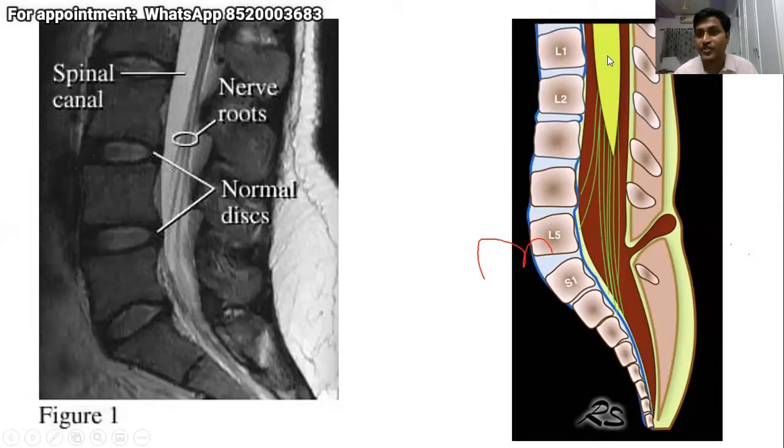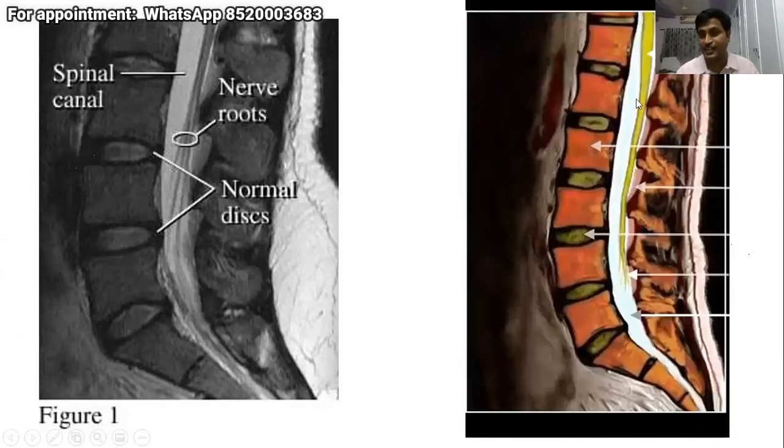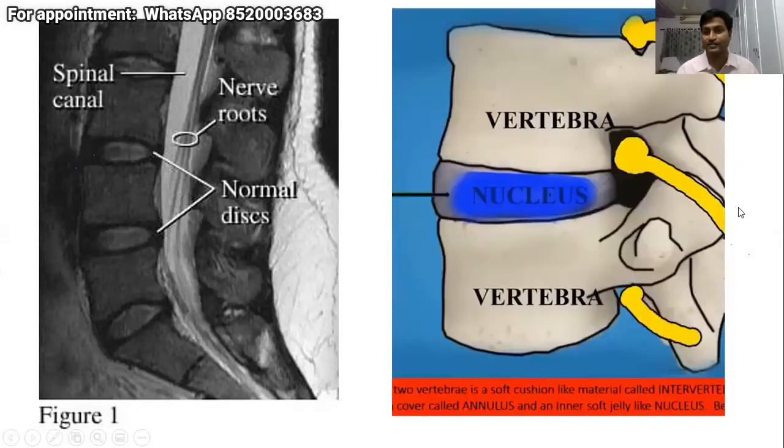In this picture, I want to show you because Dr. Sabha has a doubt. Above L1, this is the spinal cord. This is called the conus medullaris. Below L1, these are the spinal roots. This is the cauda equina. So if my axial cut is taken above L1, I'll be able to see this conus medullaris. And if I take it below L1, I will be able to see this one.